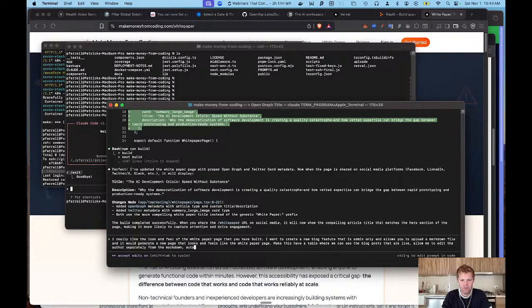Auto generate the slug, but allow me to change the slug before I post, and then